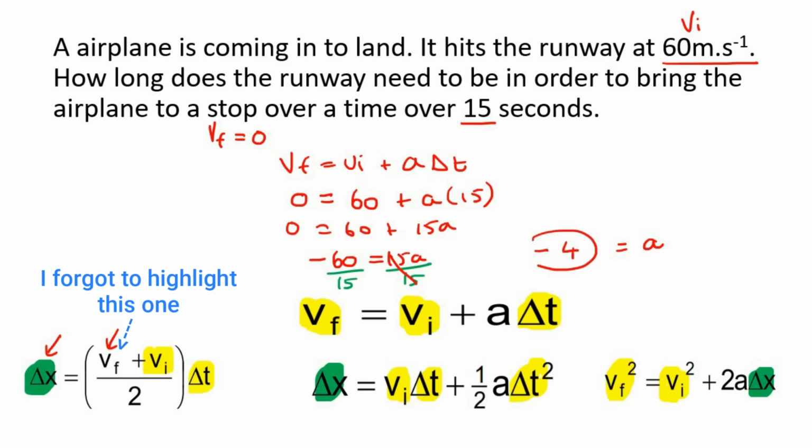-4. Why is the acceleration negative? Well, think about it. When the aeroplane lands on the runway, we need the aeroplane to start slowing down. So we don't want it to be accelerating. By having that negative acceleration, it means the acceleration is in the opposite direction to what we were moving. And so in this kind of scenario, it would mean that we are slowing down. And so we could say, therefore, acceleration is going to be equal to 4 meters per second, and then we can just say here, in opposite direction